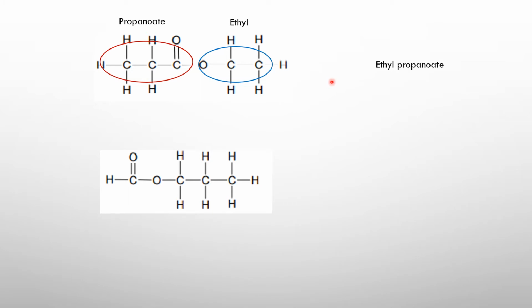The second example, we have the alcohol consisting of 3 carbon atoms. A 3 carbon atom alcohol is called propanol. So propanol will become propyl. And then we have a 1 carbon carboxylic acid. Meth is a prefix. The acid is called methanoic acid. So methanoic acid will become methanoate. Therefore, the name is called propyl methanoate.